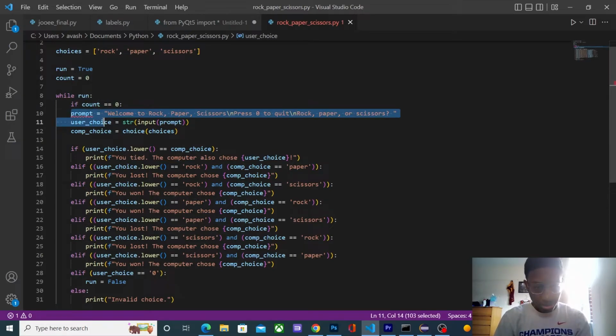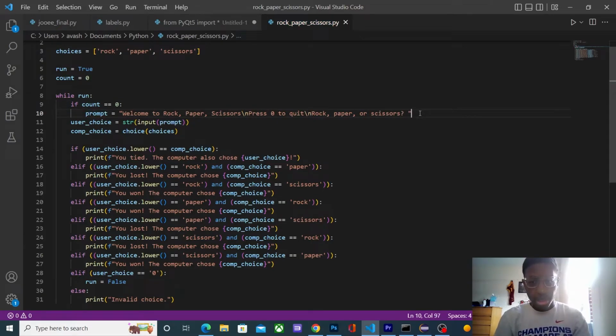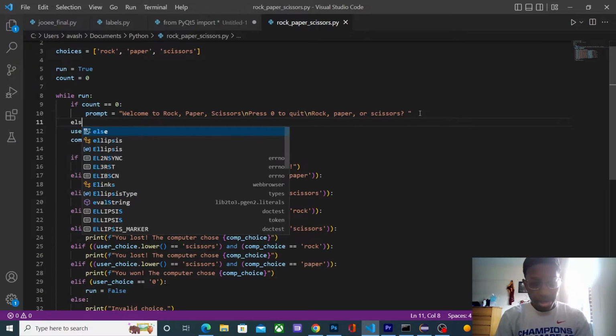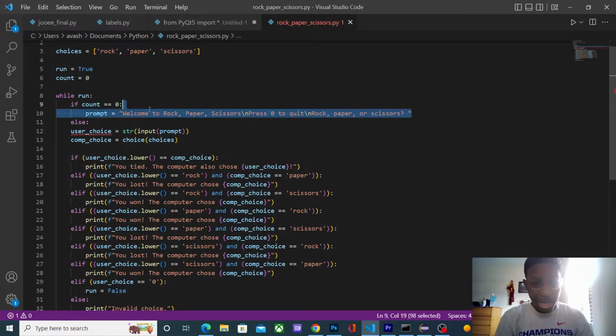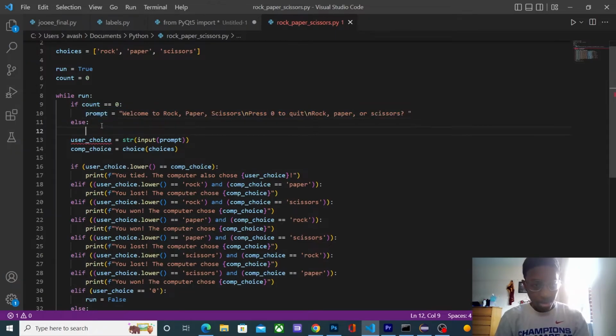Okay, and let's do it like this. Oops, I don't know, I'm tabbing it, it's not. Okay, and then else, we just want to ask rock, paper, scissors. Okay, so we just want this part,